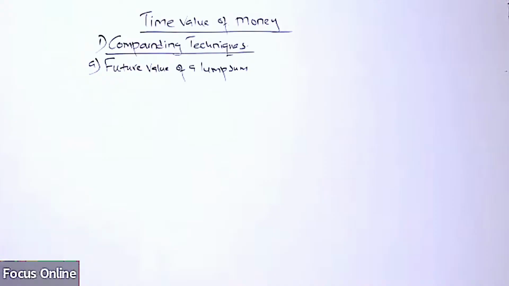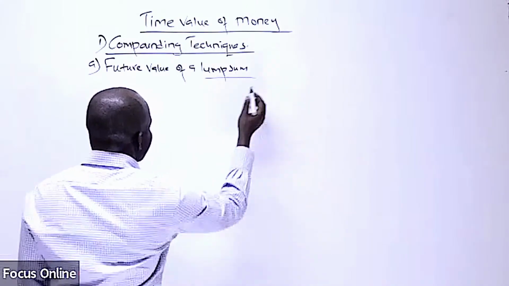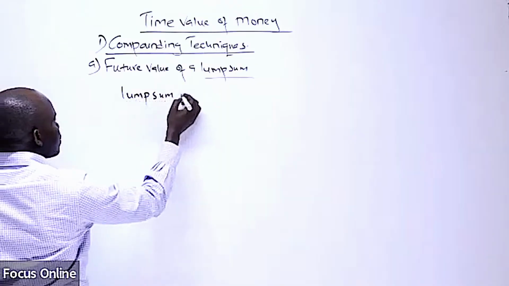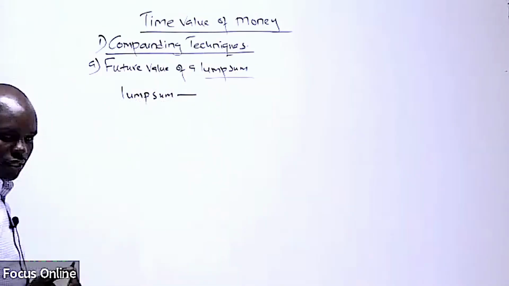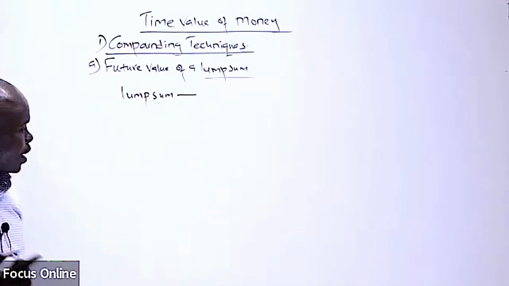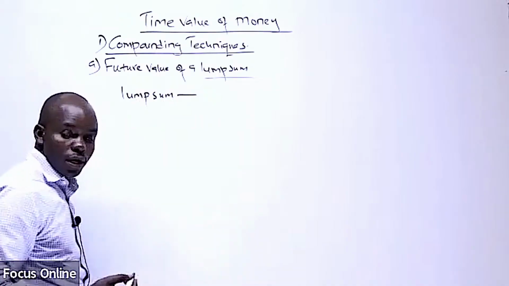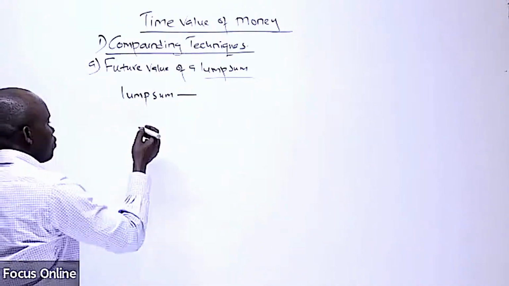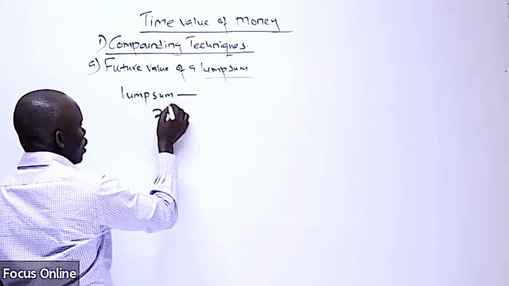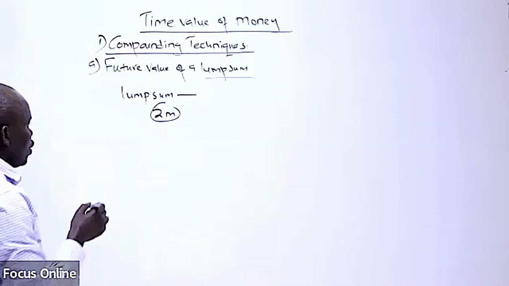Now, the most important thing here to understand is: what is a lump sum? A lump sum is an amount that is received or paid once. For example, let's say if you pay or receive 2 million shillings today, that is a lump sum. Or if you invest,